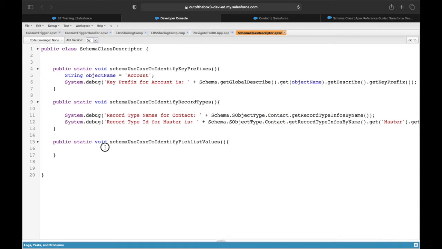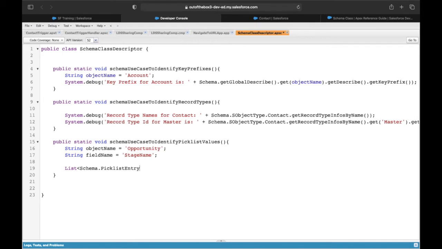Right, now let's look at the third use case, which is to fetch picklist values. Now let's take the object name, we'll take Opportunity this time, and now we need a field name which is a picklist field, right? So we can use StageName. All right, this is a field in Opportunity which has some picklist values. Now for picklists you have Schema.PicklistEntry as a class available. Now if you want to fetch a list of picklist values,